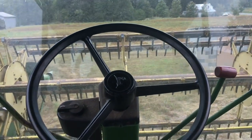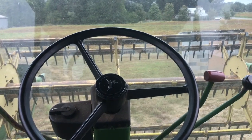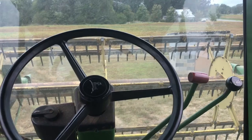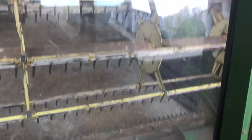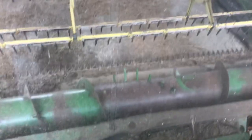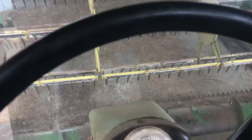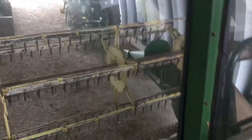Back in the shed, and we'll go from there. Alright, I had a weird issue come up. Apparently the head wouldn't go down for a second. I do not know why. I'm sorry for that little bit of seizure-inducing video quality there. Probably not the safest thing I've done. Then again,